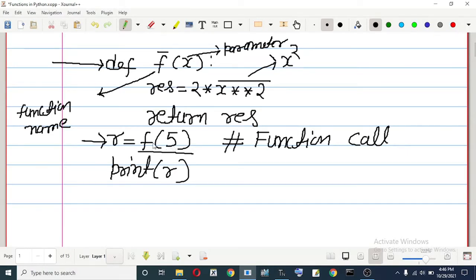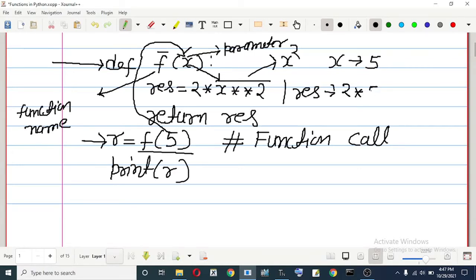Control in Python will come here, and x will refer to 5, and this x will come here. So res will refer to 2 into 5 star star 2. The whole computation would be 50.